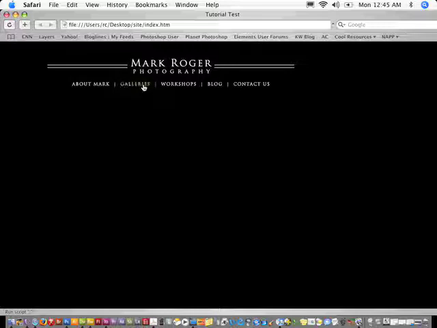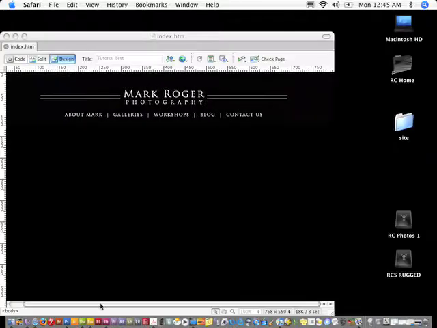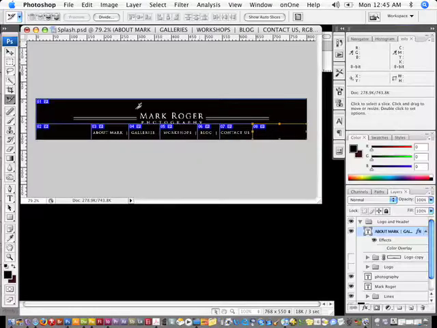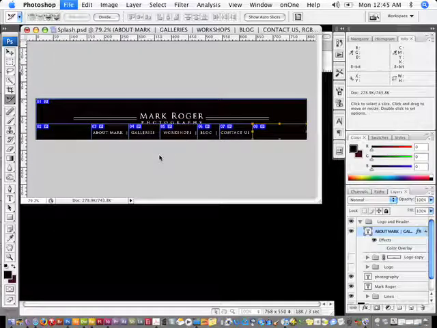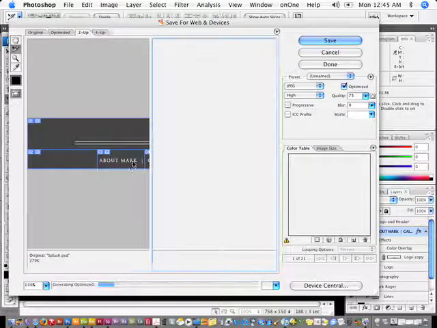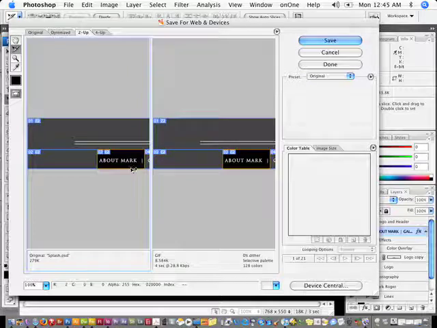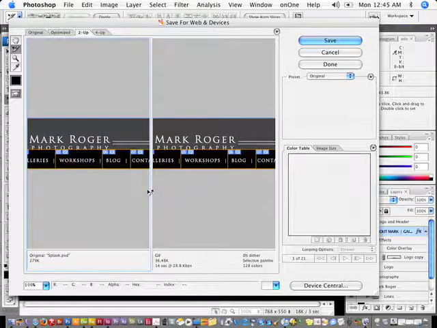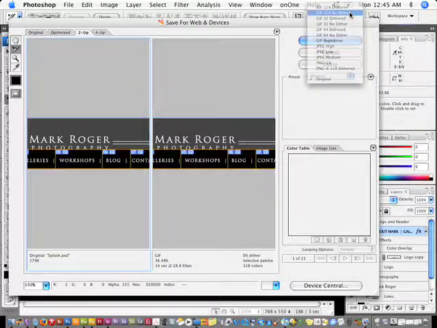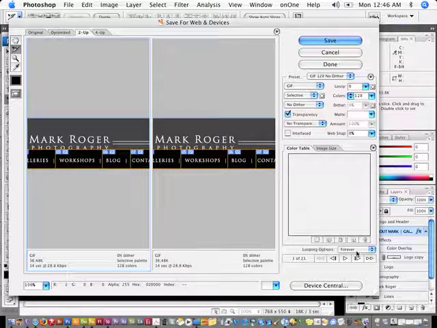Now, notice that inside of here, it's looping the animation. What if I didn't want that animation to loop? What I could do is go back into Photoshop, and when I go into Save for Web and Devices, the option to be able to do that, notice I'm going to highlight these guys here again. And I'll hold the spacebar down and shift click these guys again. Once I set this up as GIF 128 no dither, here's the looping option where it says to loop forever.